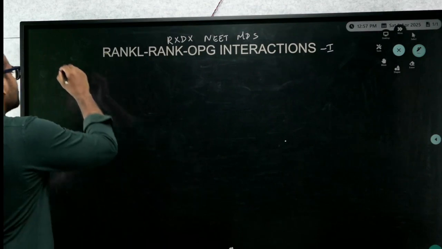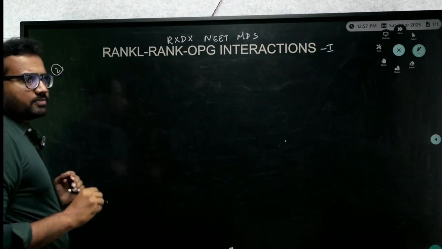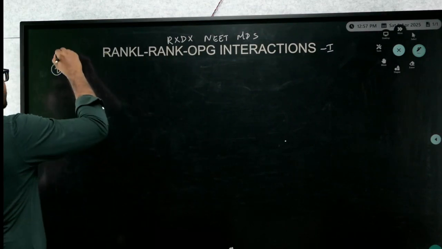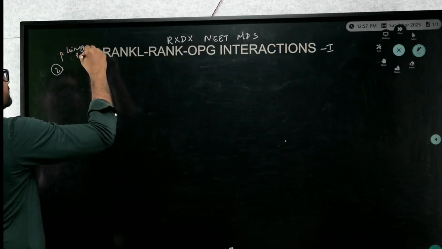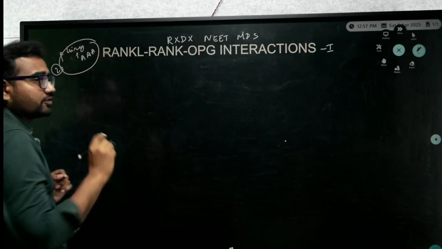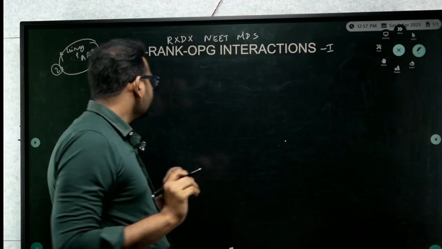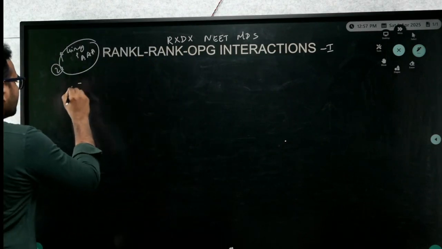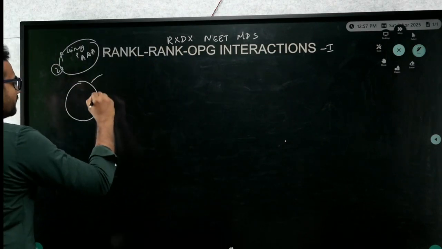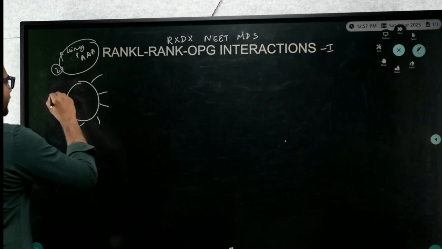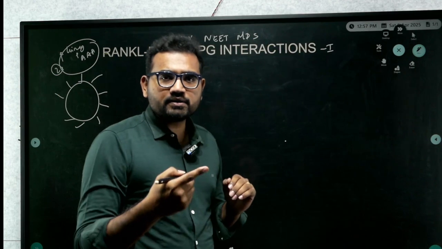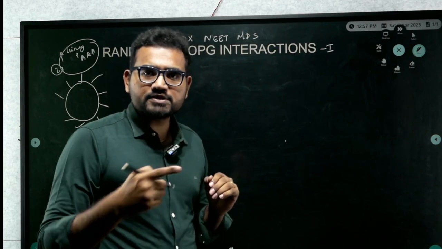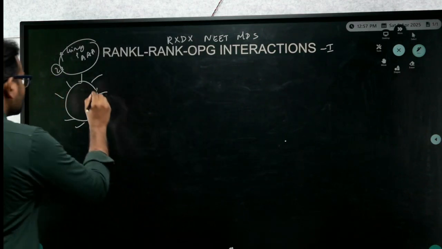Okay, so let me tell you two very important periopathogenic bacteria. Porphyromonas gingivalis and Aggregatibacter actinomycetemcomitans. You never forget these two bacteria, at least. Okay, so whenever a bacteria enters the body, the first line of barrier is the epithelium, the first line of defense is neutrophils, as we covered in previous sessions. Very good. So any bacteria